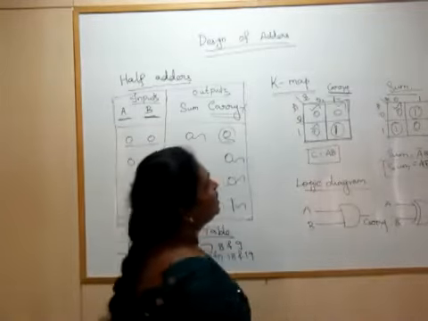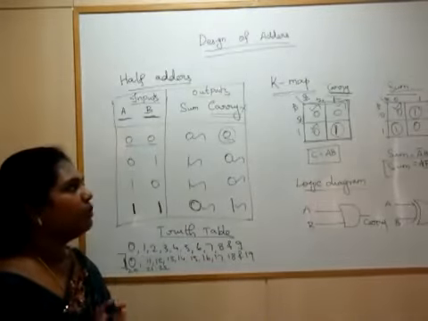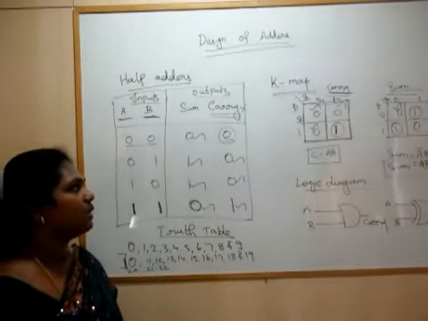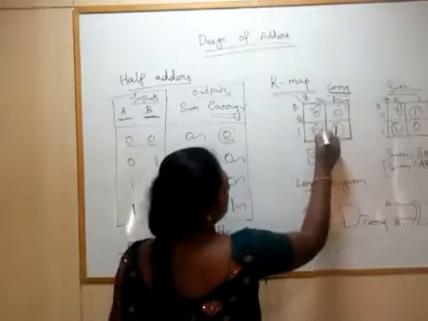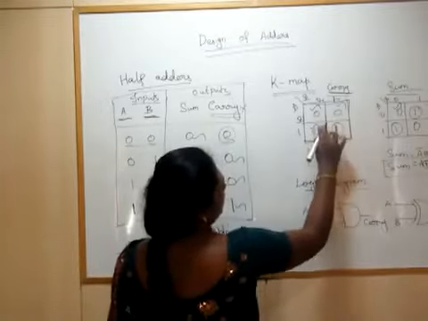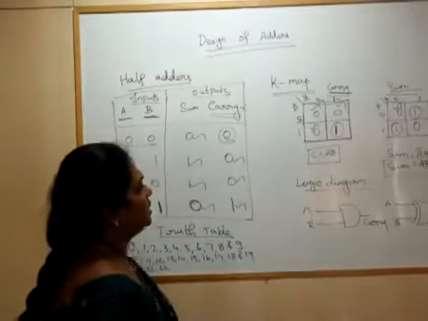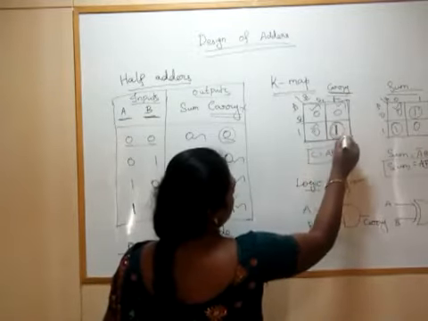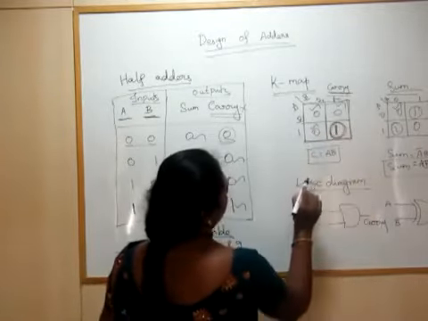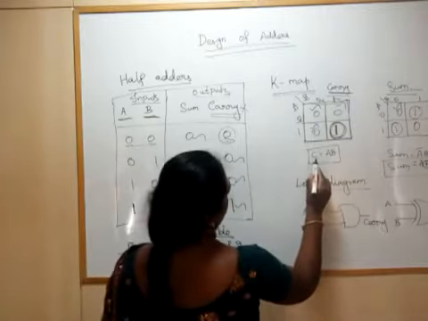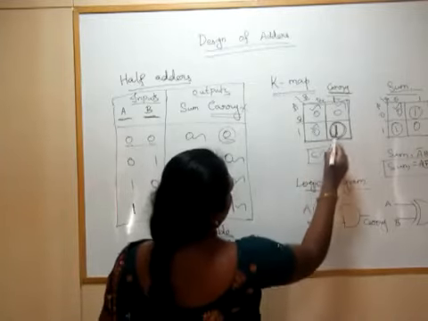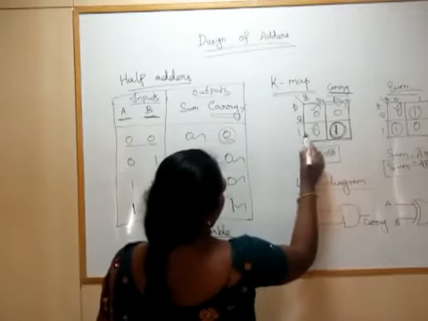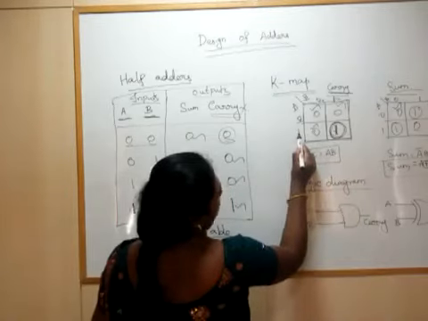So next, grouping of the K-map. What do we mean by grouping? If two 1s are adjacent, you can group these two and simplify the equation. But now we have only one 1 here, so you should group this one alone. Which is nothing but carry equal to.